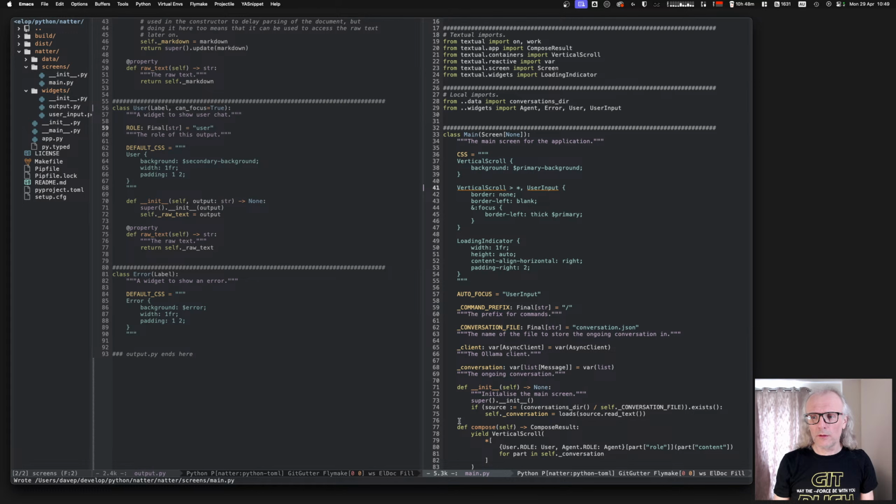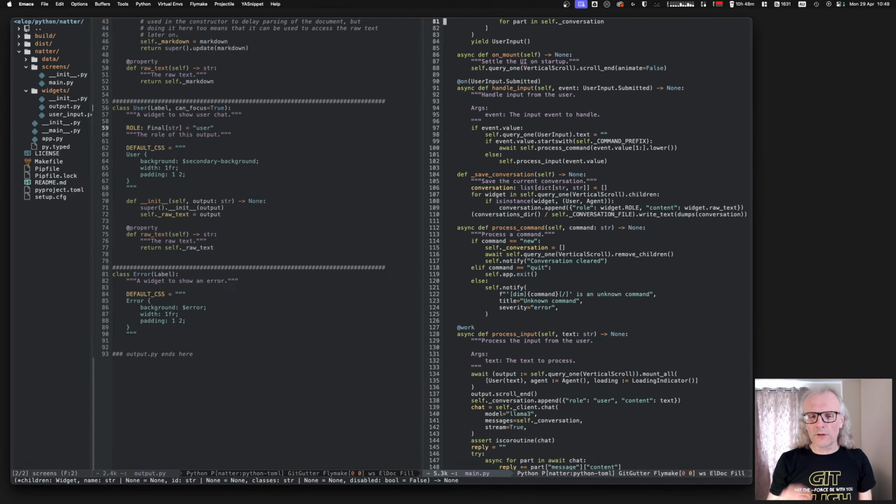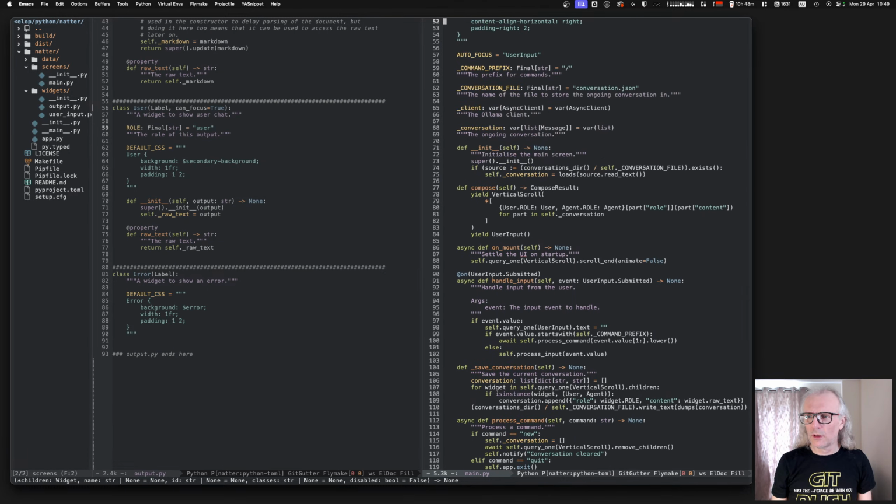I really do, honest. The focus is going to the vertical scroll before it's going into the stuff inside. So I just need to tell the vertical scroll,